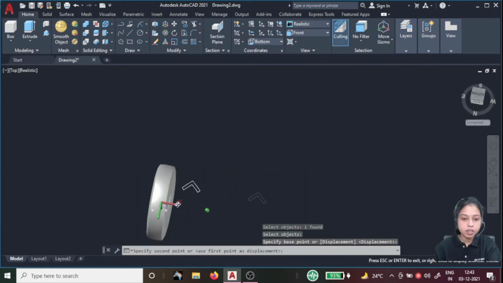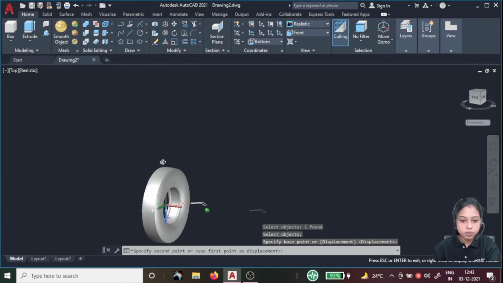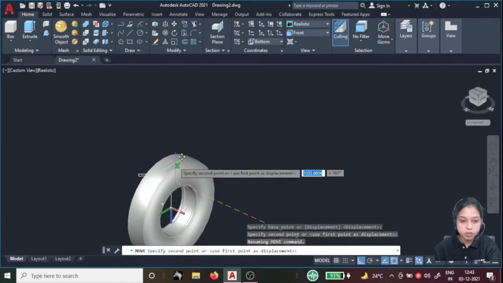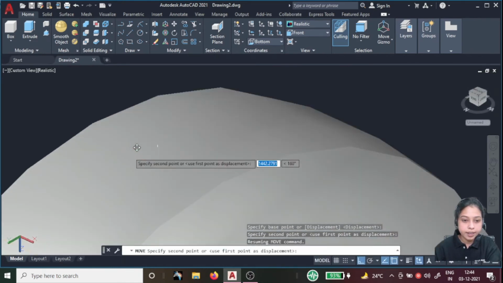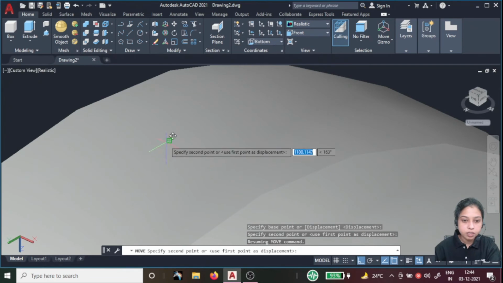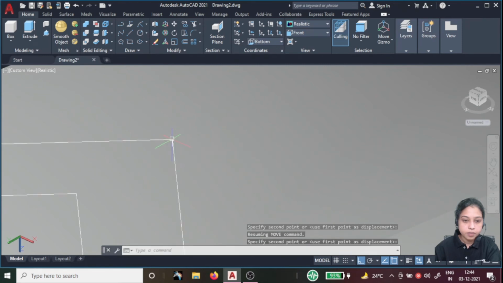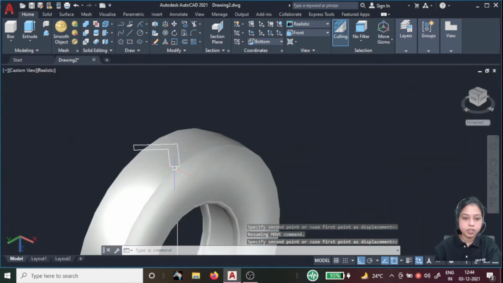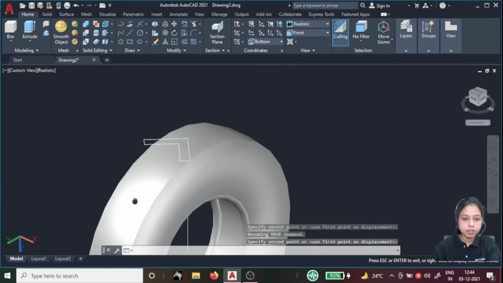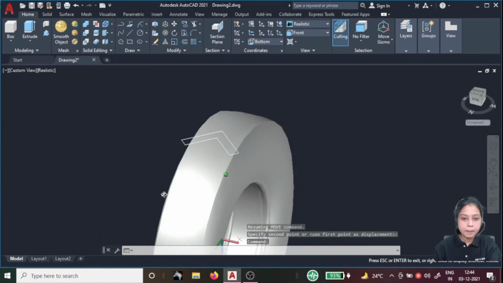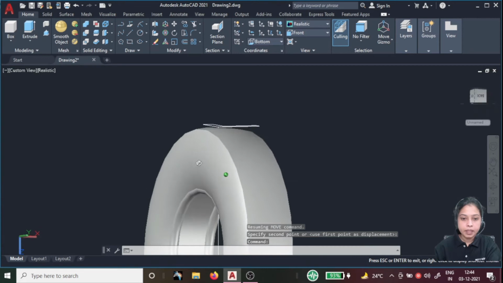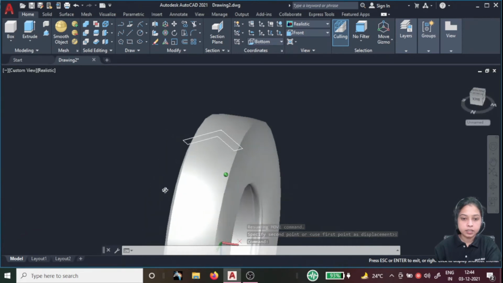From where? Select the end point of this. Is it selected the end point? Now it is selected.